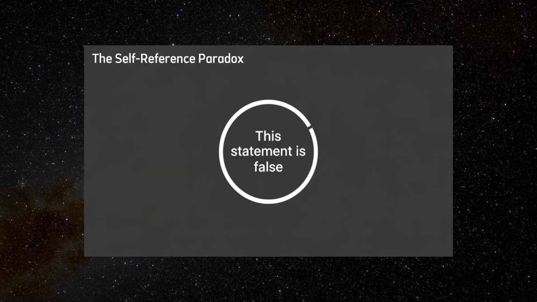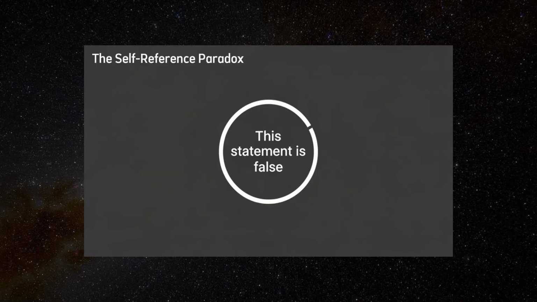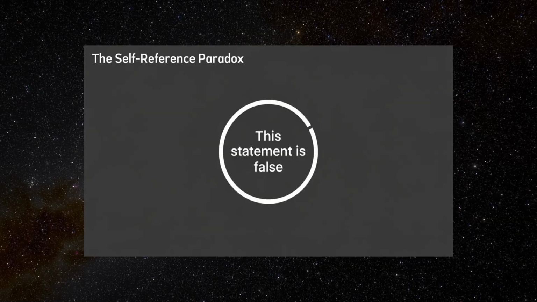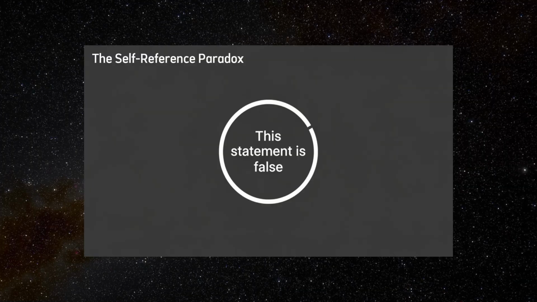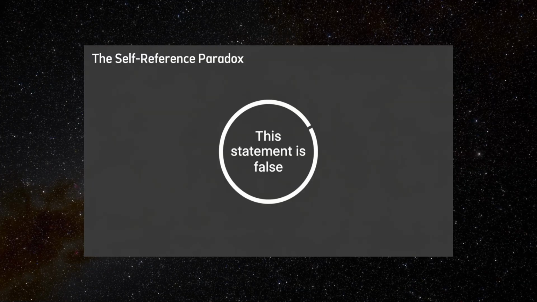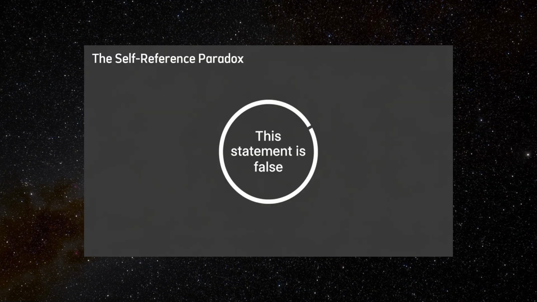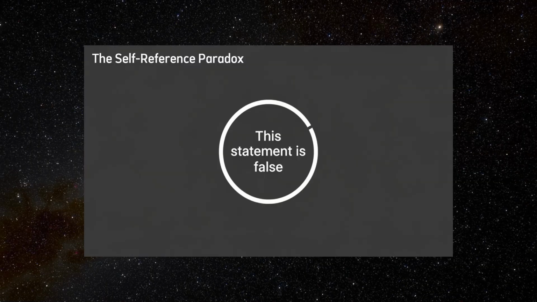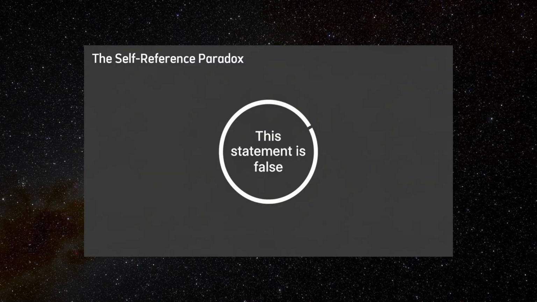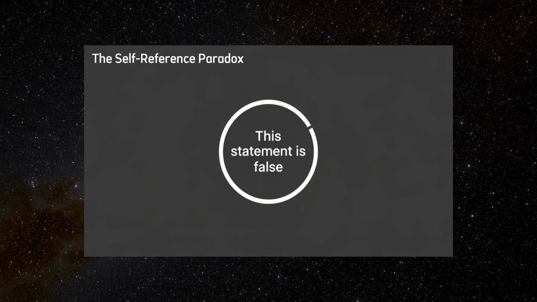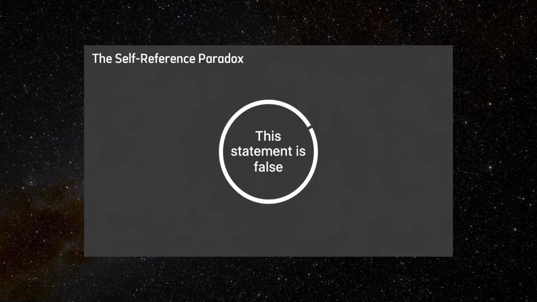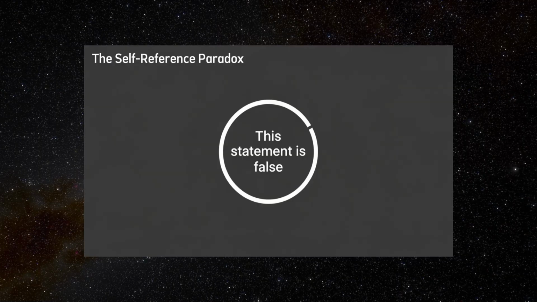This is the classic form of a self-referential paradox, a statement that attempts to declare something about itself, producing a contradiction that can't be resolved within classical logic. What makes it paradoxical isn't that the sentence is hard to understand, but that it defies assignment of a consistent truth value. Self-reference becomes even more problematic when built into systems that are meant to be internally consistent.